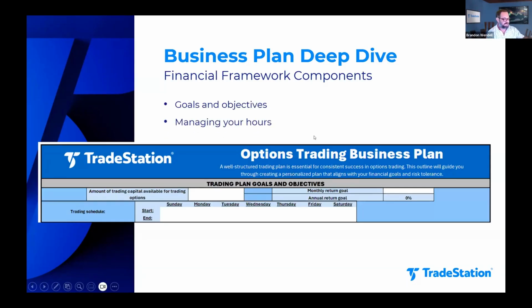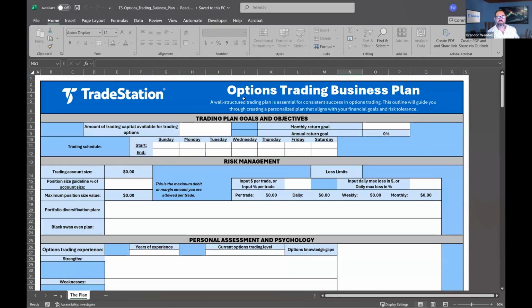So as I said, this first part, and actually, where is that sheet? Nope, wrong one. There it is. So this is the worksheet that I've been referencing. And there we go, options trading business plan. And again, you can put in the type of capital you're using. Maybe you're using $35,000. Again, it's whatever you decide. And how much are you looking for as a monthly return? It'll automatically calculate some things for you as well. So perhaps I'm looking for 7% return monthly, 84% annual on my money.